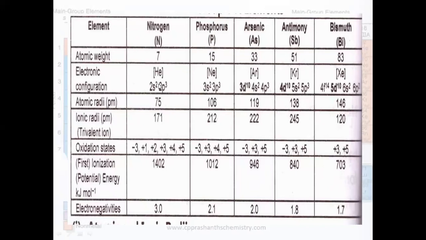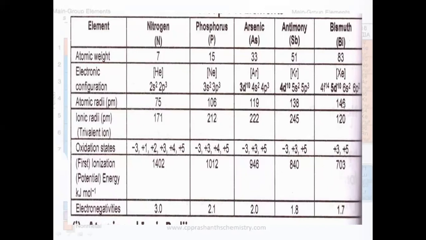Here I have shown 3 plus 2, 5, 3 plus 2, 5, again 5, this is 5 and this is 5. So all these 5 electrons are made available for bond formation. So the common oxidation state is +5 on account of the group valency. Again, the atomic radii for nitrogen is low, the first member, but as the atomic number increases, atomic radii also go on increasing.